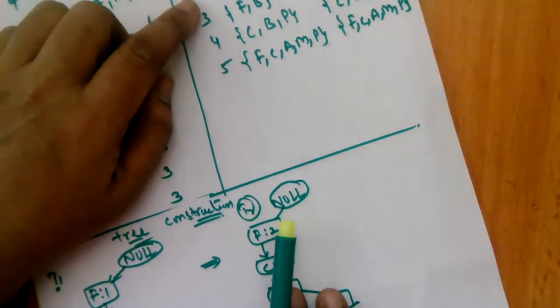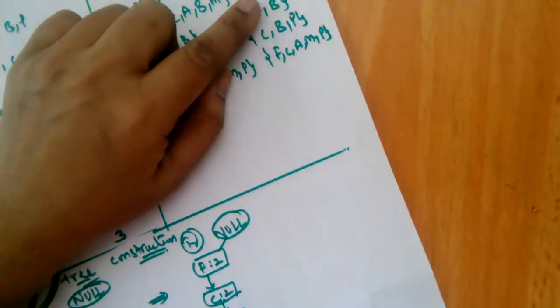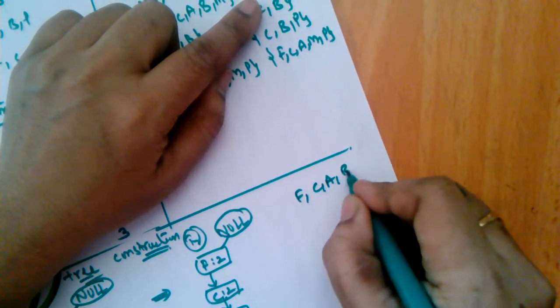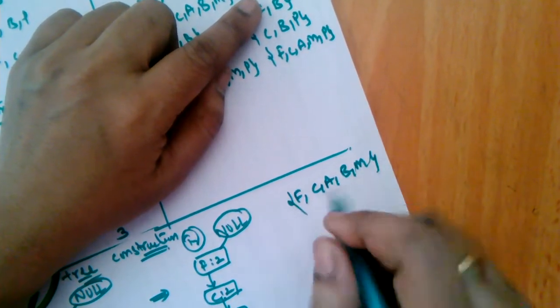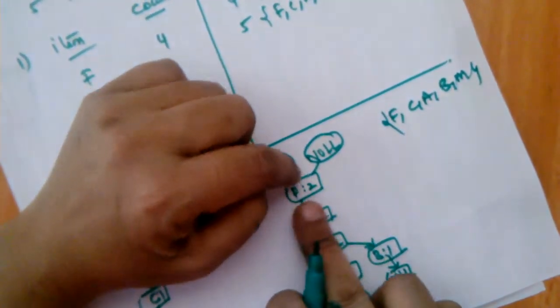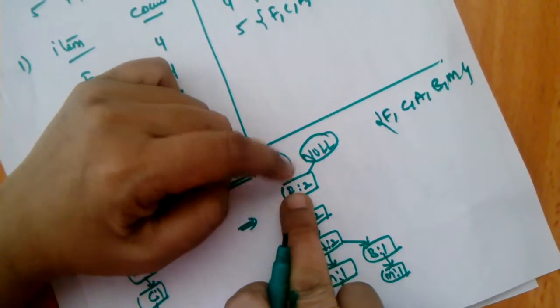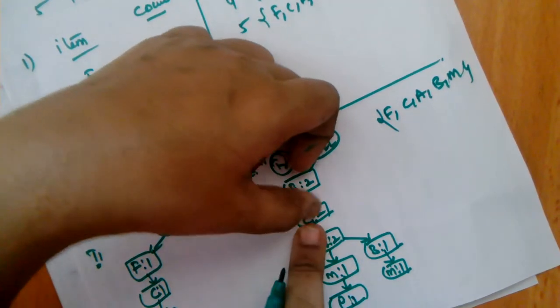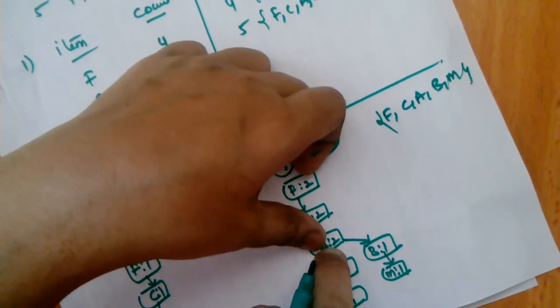Now you take the second transaction. What do you have in the second transaction? Ordered list F, C, A, B, M. Now you construct for this. Okay, now start. Already we have F, so here you change 1 to 2, second time. Next C, second time visit. Okay, 2. Next A, 2.